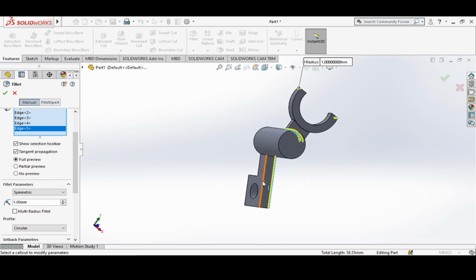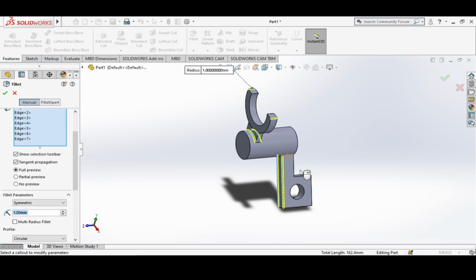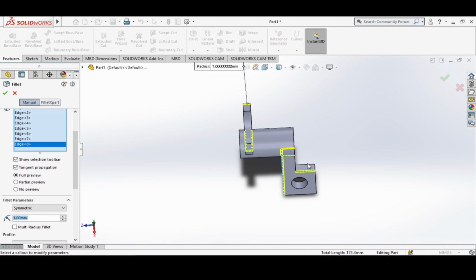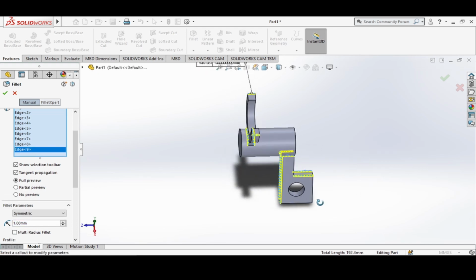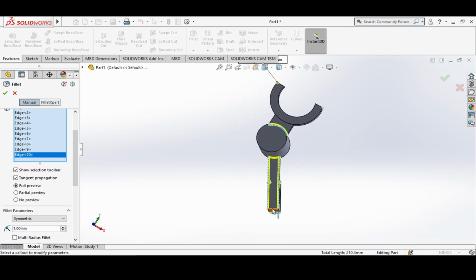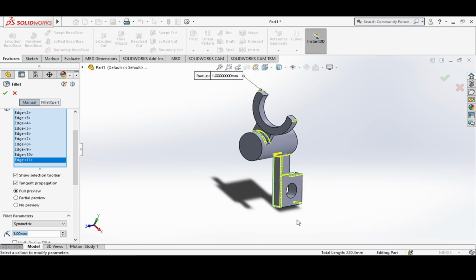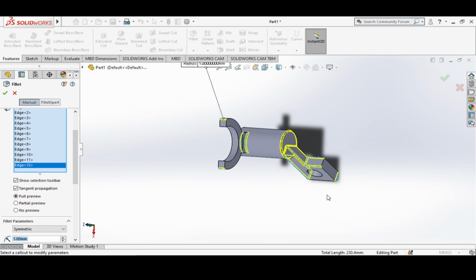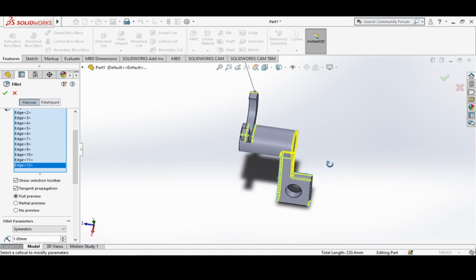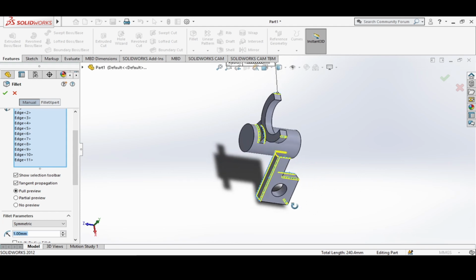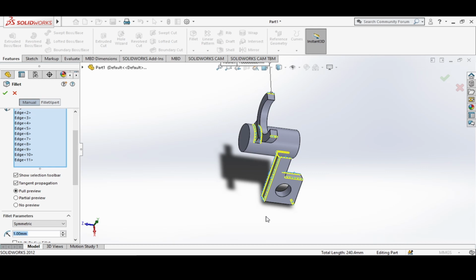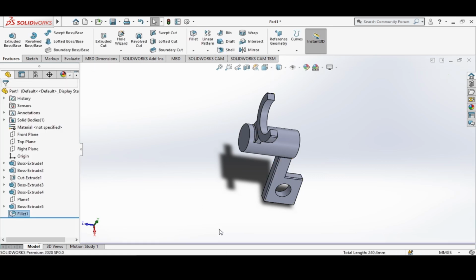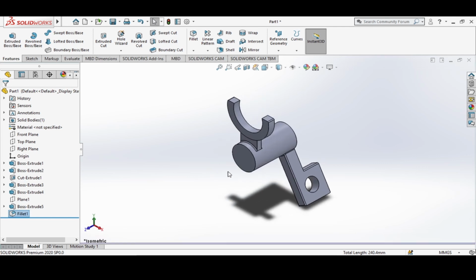This one. Now it is looking okay, therefore we should hit the check mark. Now this is our figure,